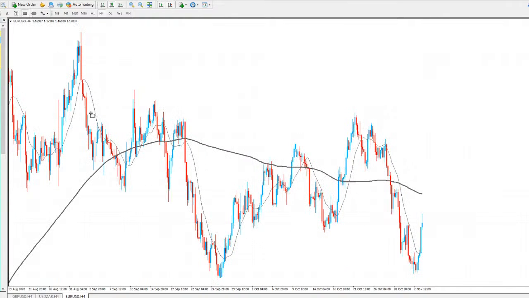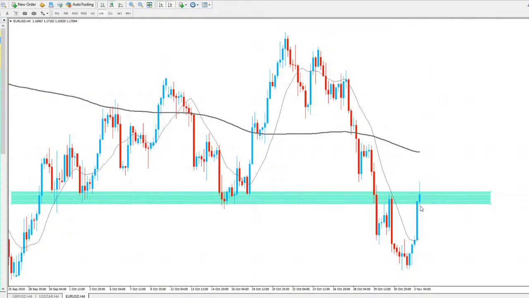EURUSD, similar thing, again pushing to the upside. We've got support down there in the market, push to the upside, a very strong move. And as you can see, price is definitely moving to those higher highs. I did highlight this area in the market here, previous support, now resistance. So you can see we were trying to break through that earlier, but so far we're rejecting, and price looks like it could be looking to close within that resistance.